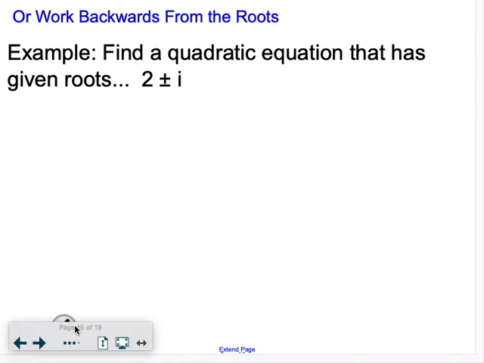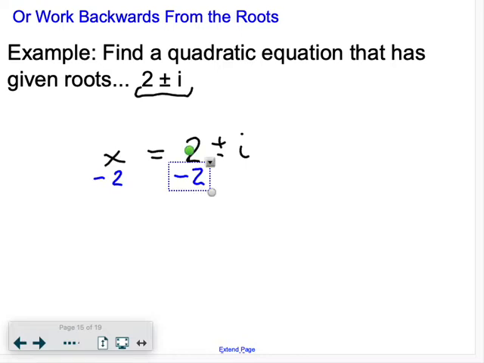So what I do is we're going to take the roots that we were given and set them equal to x, right? So basically what we're doing is we're kind of working backwards from a quadratic equation that we solved and ended up with these two roots, right? So the first thing you want to do is isolate the imaginary value. To do that, you're going to subtract this 2. If it's just an imaginary and there's no real part of this value, then you don't really need to move anything to the other side, right? So now we do that, now we're left with x minus 2 equals plus or minus